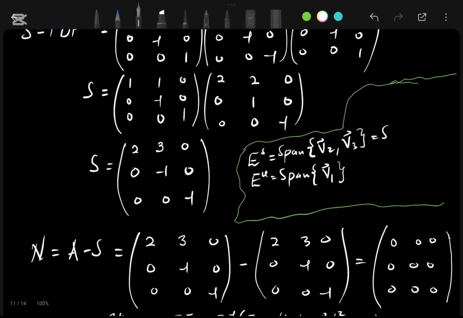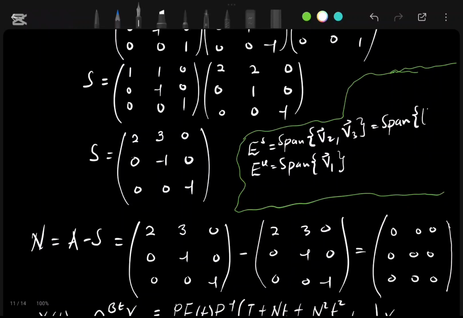Okay, so this is given by the span. v2 is given by, we have 1, minus 1, 0, and the other one will be 0, 0, 1. And for this, we have the span to be equal to 1, 0, 0. The eigenvalue corresponding to this eigenvector is positive, and the eigenvalues corresponding